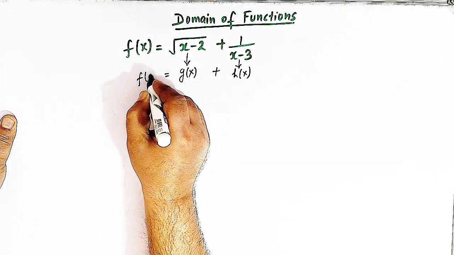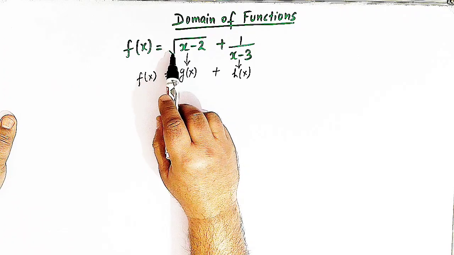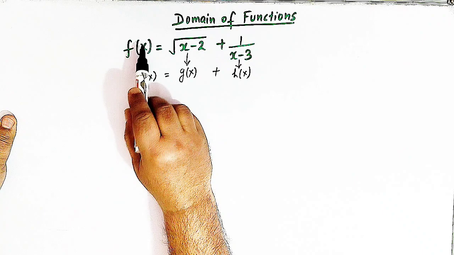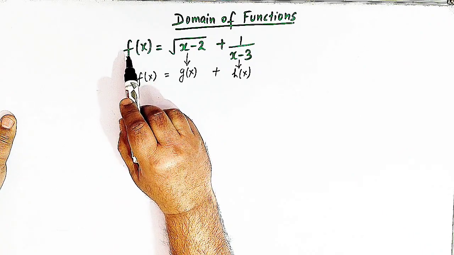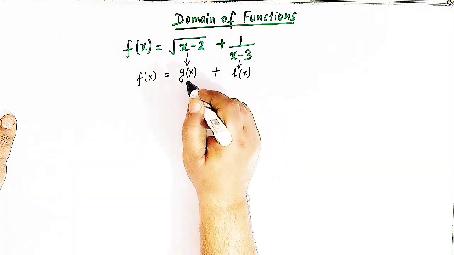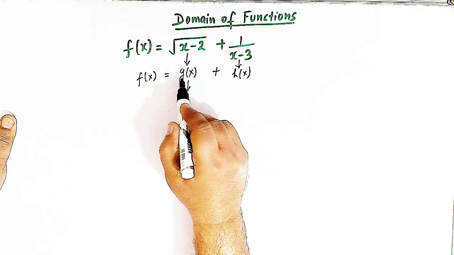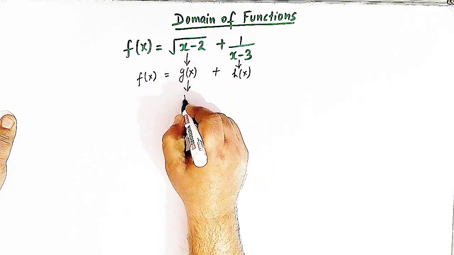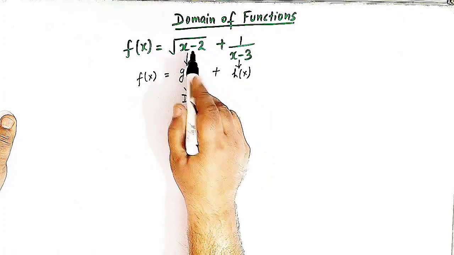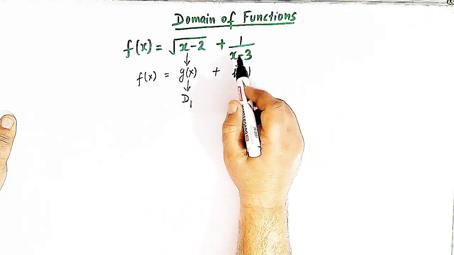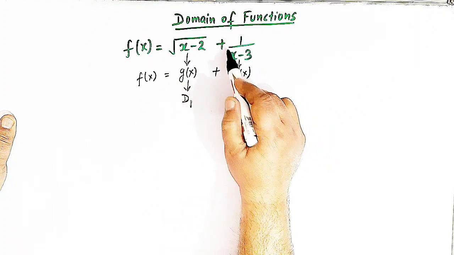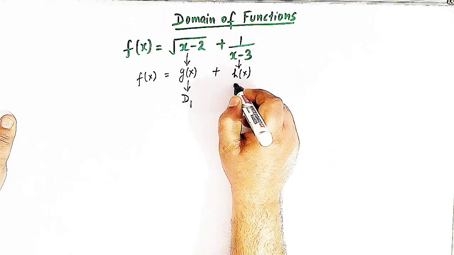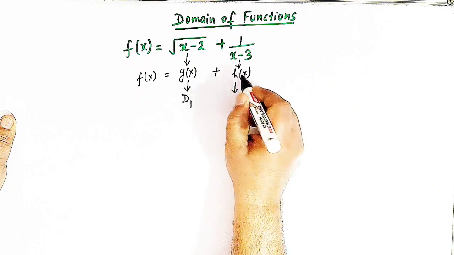So f of x is the sum of a square root function and a rational function. In order to get the domain of this function f of x, we'll first find out the domain of the function square root of x minus 2, and let us call the domain of this function D1. Then we'll find out the domain of the rational function 1 over x minus 3, and let us call the domain of this function